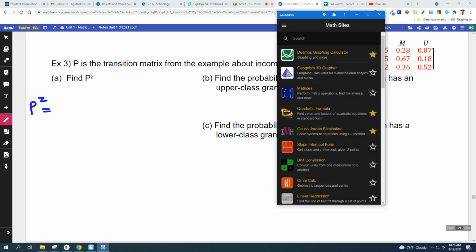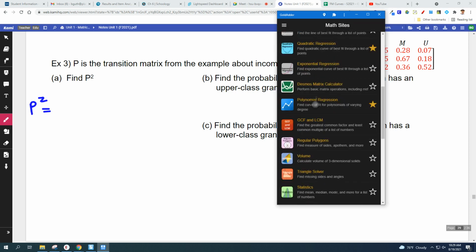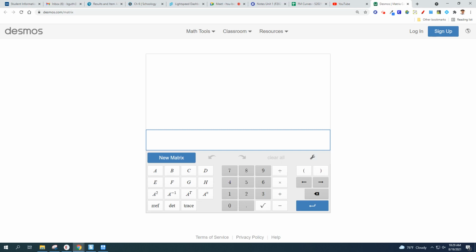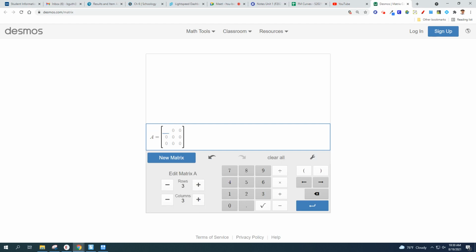So you can do it on your own. I like the Desmos one. I think it's pretty good. So I'm going to do a new matrix. This is a 3 by 3. And it was 0.65, 0.28, 0.07,